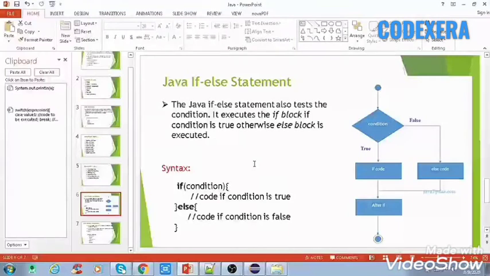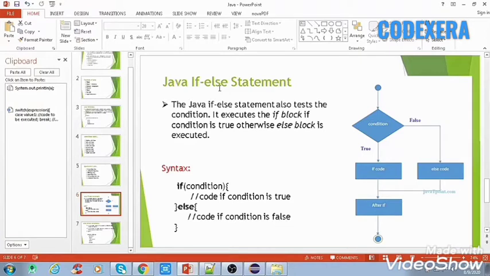Welcome in this tutorial. This is Saurabh, and in this section of the tutorial we are going to learn about conditional statements used in Java. Here we'll see how we can check different conditions and how we can make many different conditions in